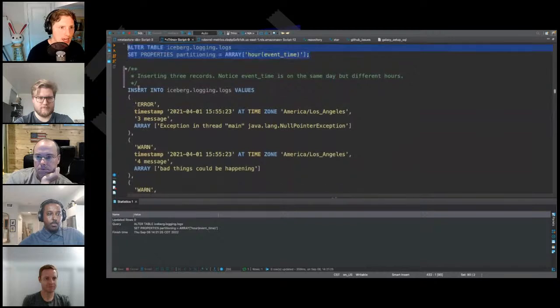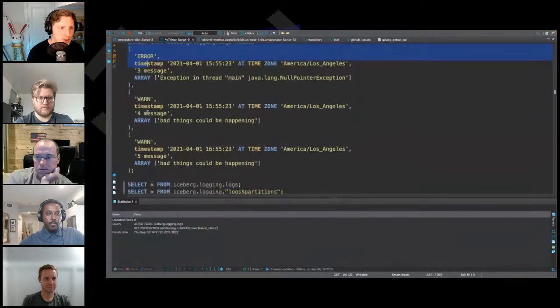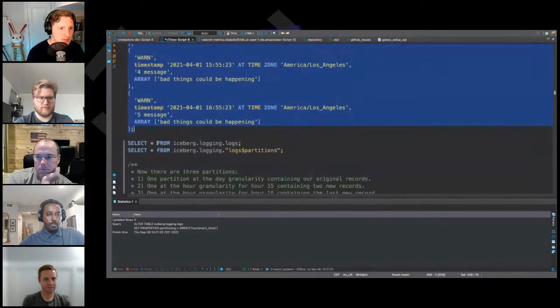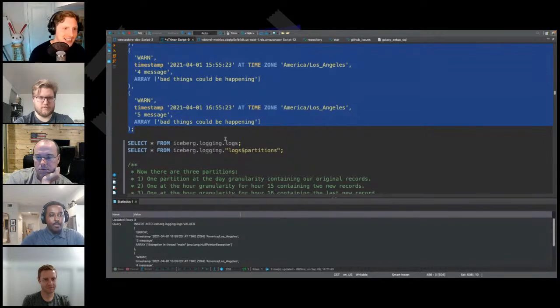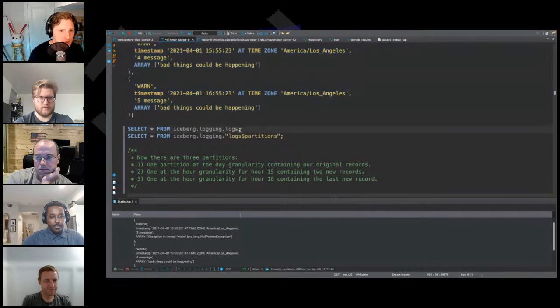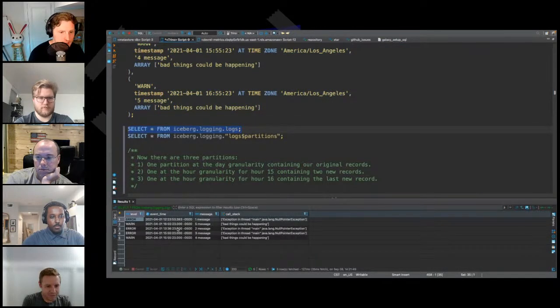So we'll go ahead and insert some new data here. So this is the 3rd message, 4th message, and 5th message. It's how I'm uniquely identifying these, since we don't have any kind of key that we're using. And let's go ahead and pull from that table again. We see 5 different messages that get pulled back.